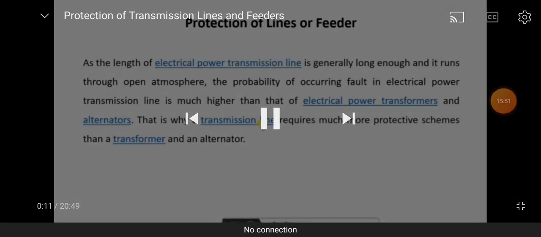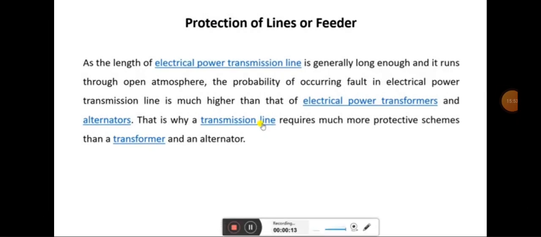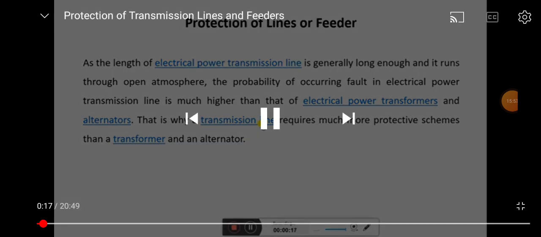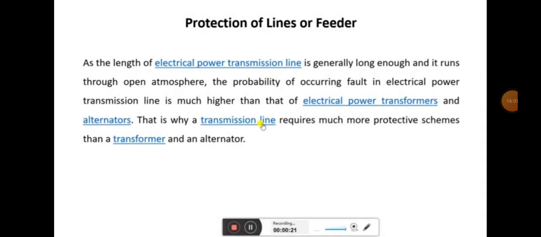Production of lines or feeders. Let us clear this thing to everyone that any electrical equipment which has been placed inside some storage devices under a roof or any other shed is most protected. It means any electrical equipment which is exposed to the atmosphere